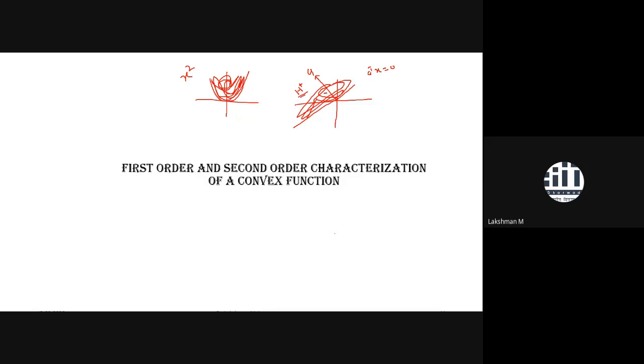So simply you can say that this function A transpose x, this linear function, and correspondingly an affine function, happens to be a convex function. Even more, a linear or affine function happens to be convex and at the same time concave as well. So it behaves like a boundary of the class of all convex functions. You can call it like that.